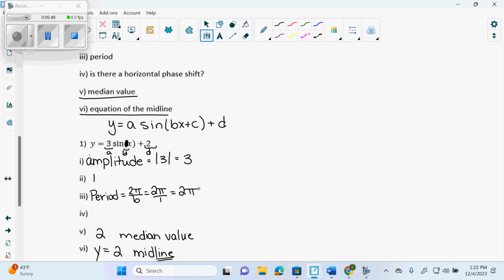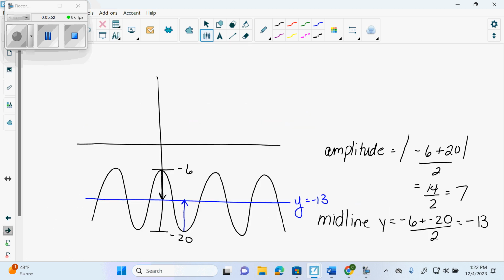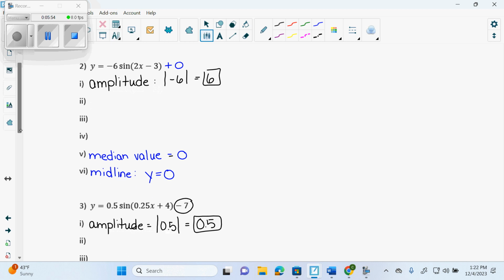Okay? So number 2 is going to be the B value. Number 3 is going to be the period. Okay. So number 2, what's my B value? B equals 2. B is always what's between the bracket and the x, right? It shows it on the formula sheet. So B equals 2. So the period